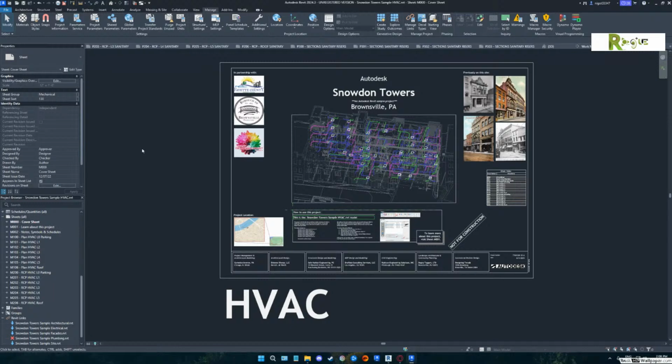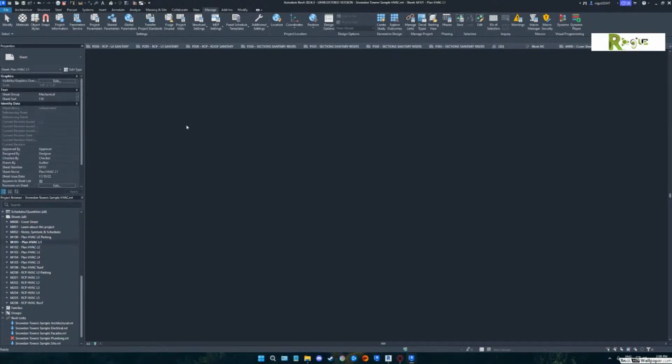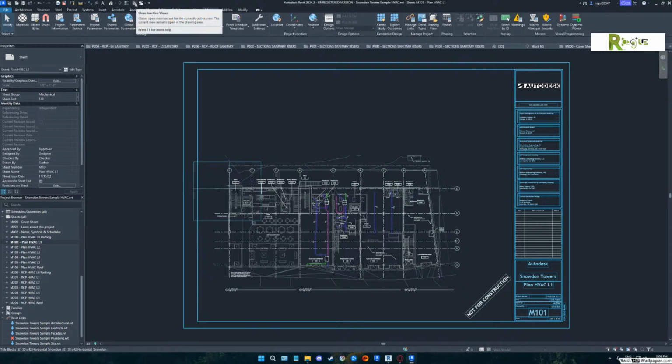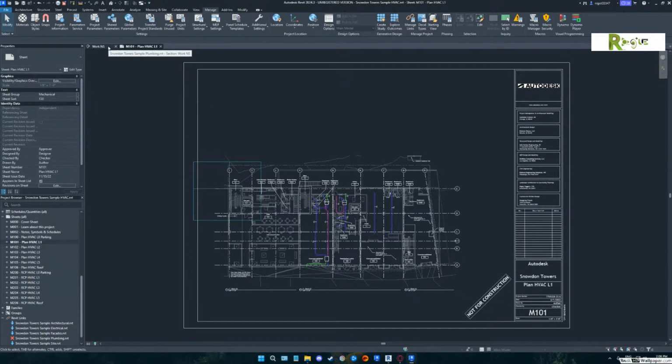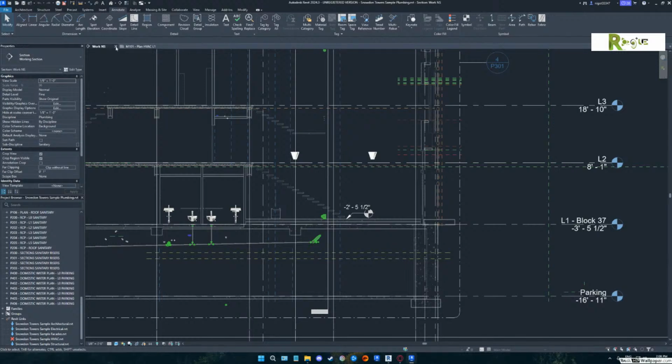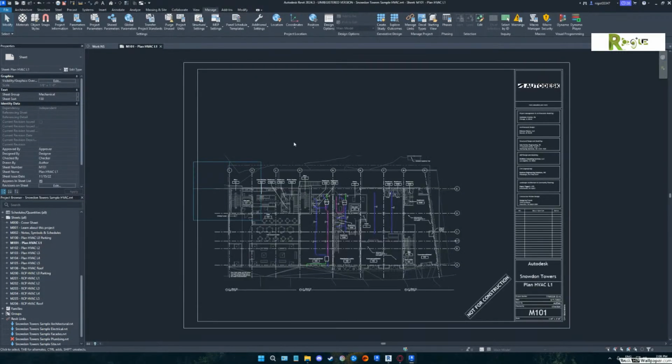But take me down to that M101. Can I close all the other views? Absolutely. You can always do that. What is this? That is the other project. That is the plumbing project. If you close that,